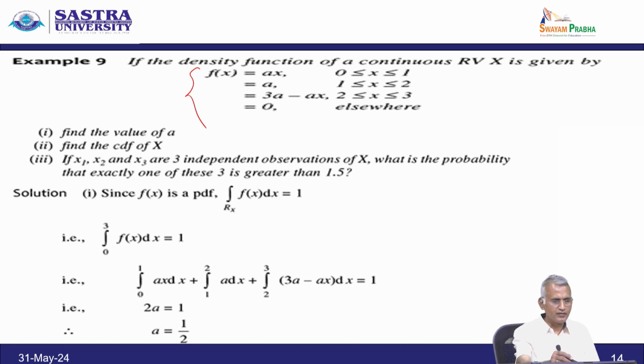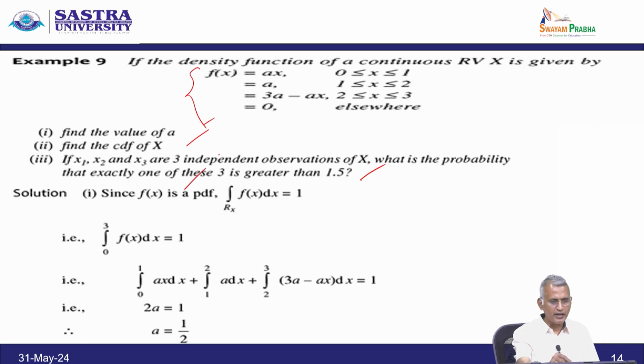The question is: find the value of a, find the CDF of x, and if x1, x2, x3 are 3 independent observations of x, what is the probability that exactly one of these 3 is greater than 1.5? The solution is